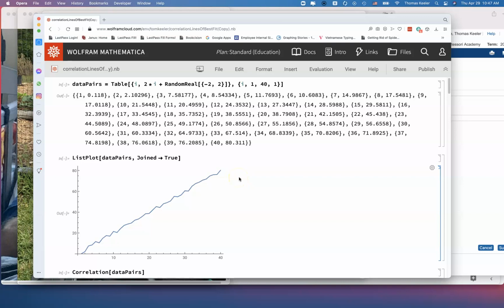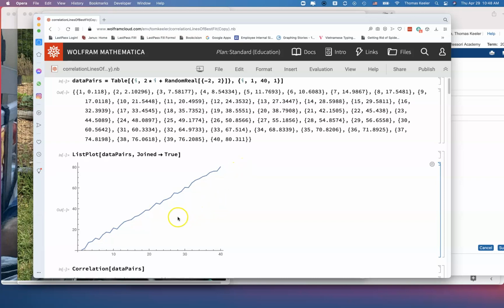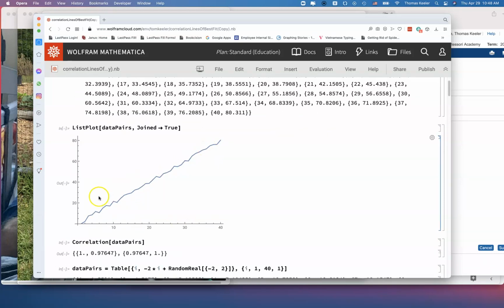So 19 went to 38 and a little bit. 20 went to 40 minus something. 21 went to 42 plus something. 22 went to 44 plus 1 point something. 23 went to 46 minus 1.6. So we put that wobble in, and then we look at the line and we say, it is still a